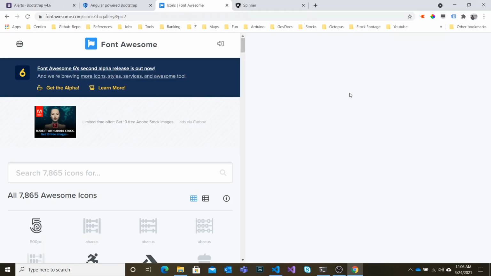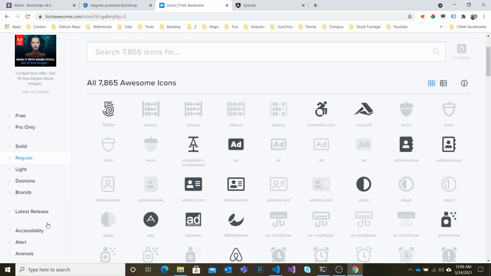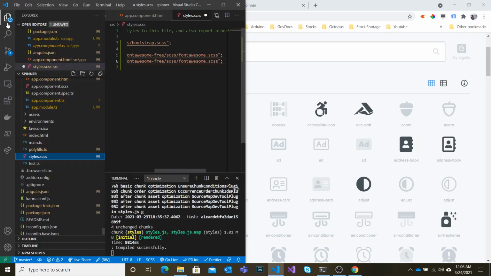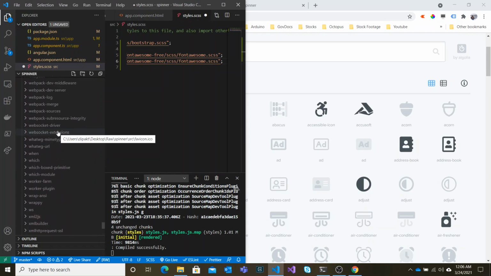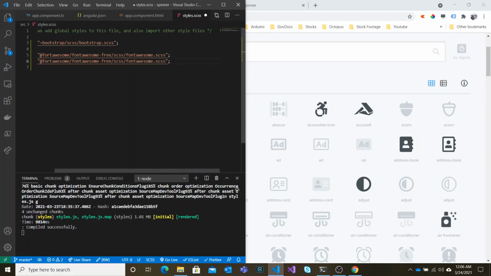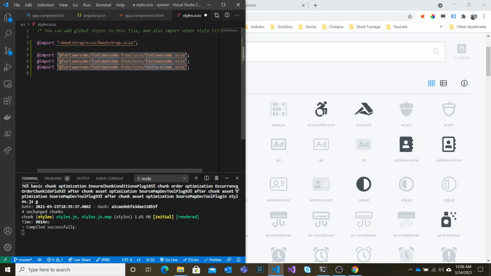Let's make it big somewhat. On the left side you see different collections: solid, regular, light, duotone, and brands. And if you check the file here, you have a similar file structure, so you can import whichever you want. Now to demonstrate, let's say I'm going to import the solid